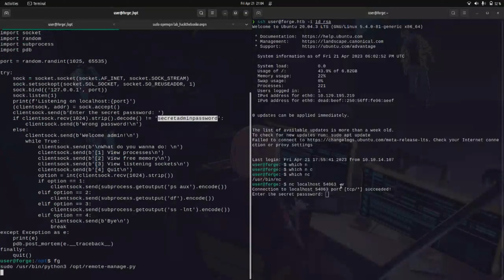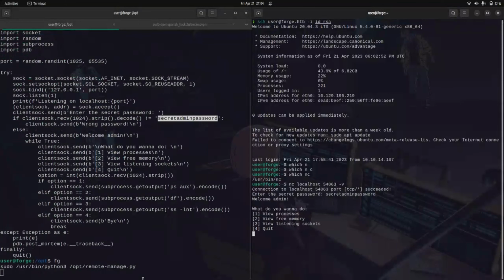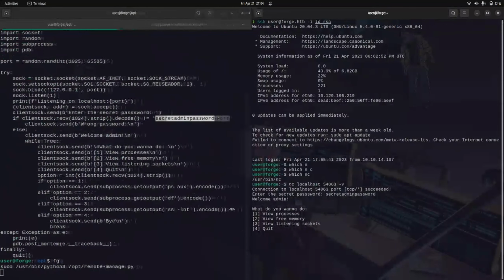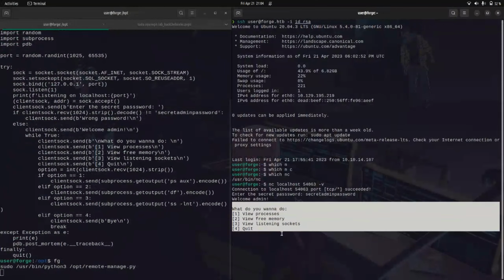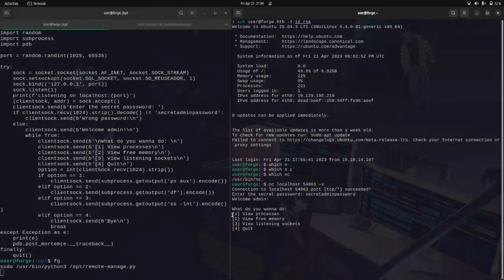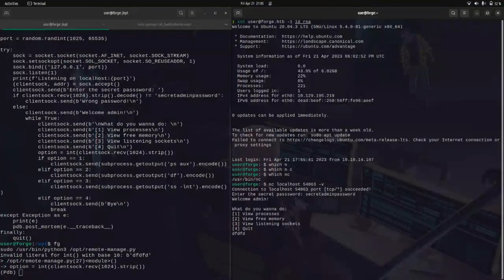So here's the password. We can just copy it in there, and with that, we can see the panel. So what do you want to do? Do you want to view the process? Since the input is going to be integers, there's nothing really big we can do to manipulate this, but we can force the script to go directly into the debugger. So I'm going to put in some string, and you can see it errored out, and we were taken